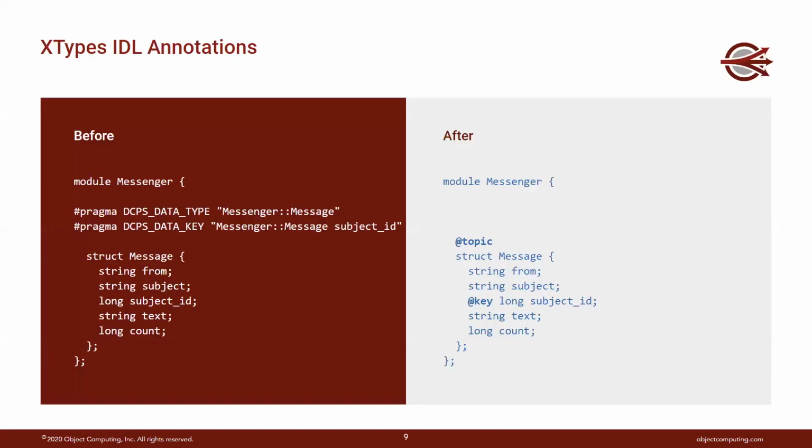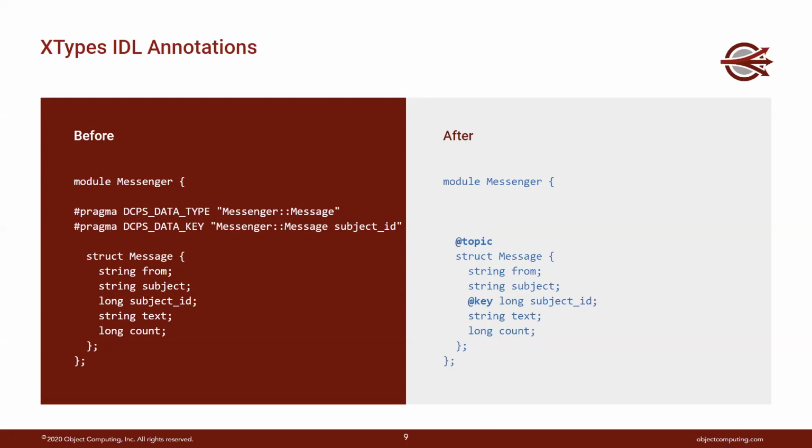So let's dig into the first of these topics, the XTypes IDL annotations. And so here's our before and after picture, right? Before is what we've done previously with OpenDDS with those pound pragma lines in IDL, right? And those pound pragmas were not part of any IDL specification. That's why it uses that pragma notation with the preprocessor to provide this additional information to the code generator about the fact that we need to generate code for this structure, and here is the key that we're going to